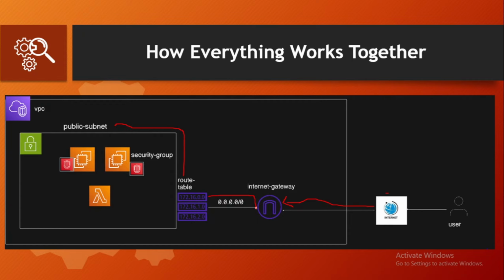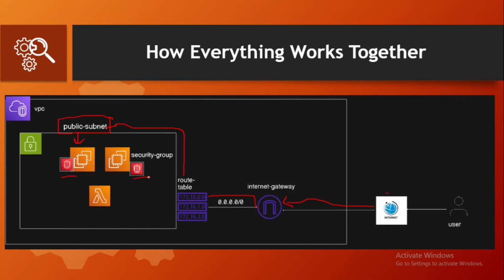When the traffic enters the internet gateway, it enters the VPC, goes to the subnet, which is the public subnet, and finally it reaches the EC2 instance, and these EC2 instances are protected by security groups.